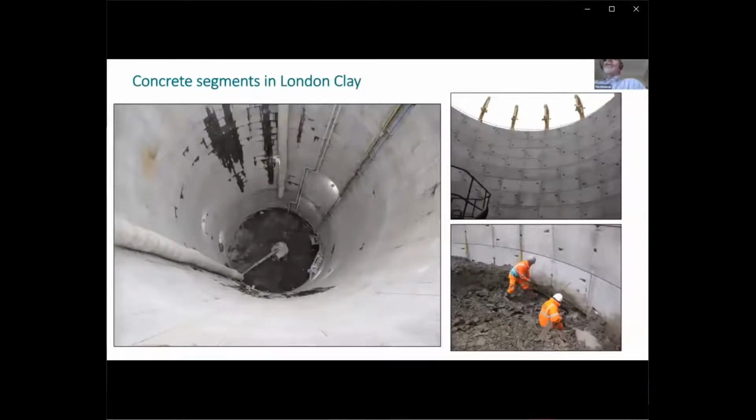In the cofferdams, there's no need to put piles in because the sheet steel piles have actually cut off the river water already. So we're free to construct the shaft using precast concrete segments. These are put in place on the surface and then pushed down into the ground using these jacking mechanisms at the surface. So at the base we've got a steel cutting ring, and at the top we push the rings